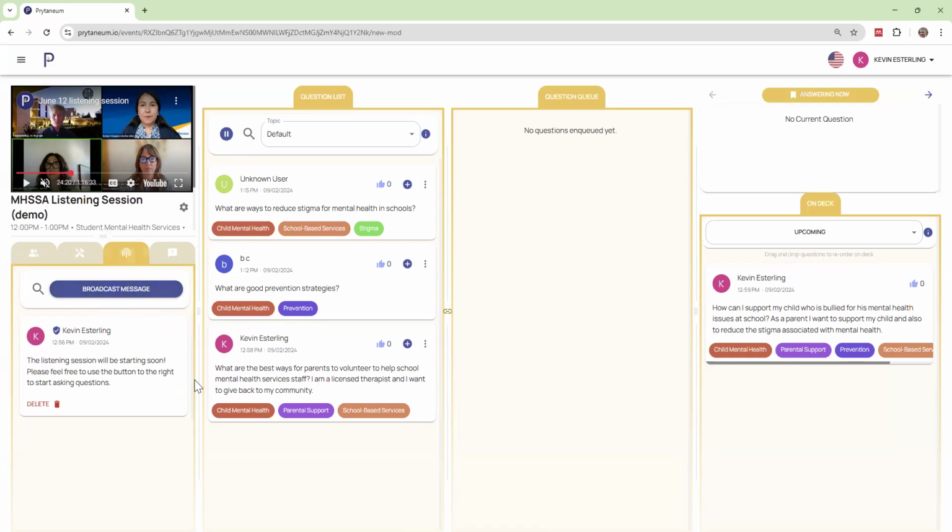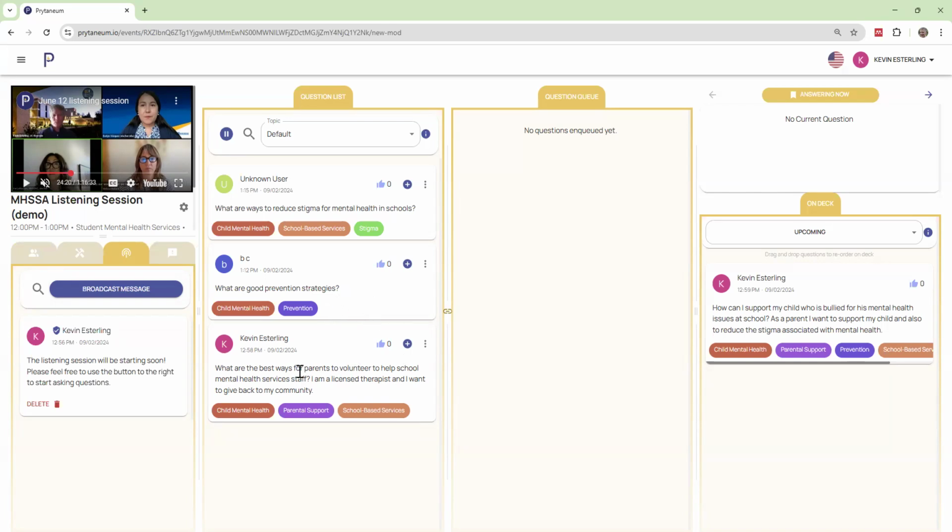Okay, and so there's two basic ways that participants can share their thoughts in real time during a meeting. There's the kind of question and comment queue that they can populate, which I'll go over first, and then I'll show you later that we have something called a response feedback feature that enables them to provide good qualitative answers to survey questions. Okay, so first for the question and comment feature,